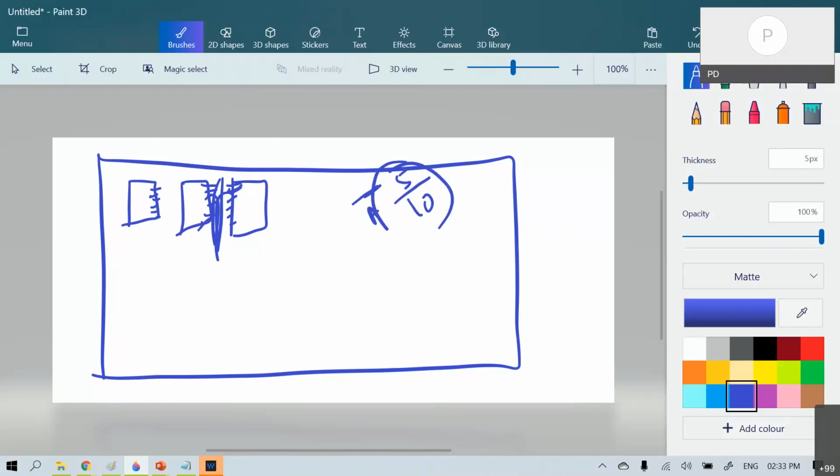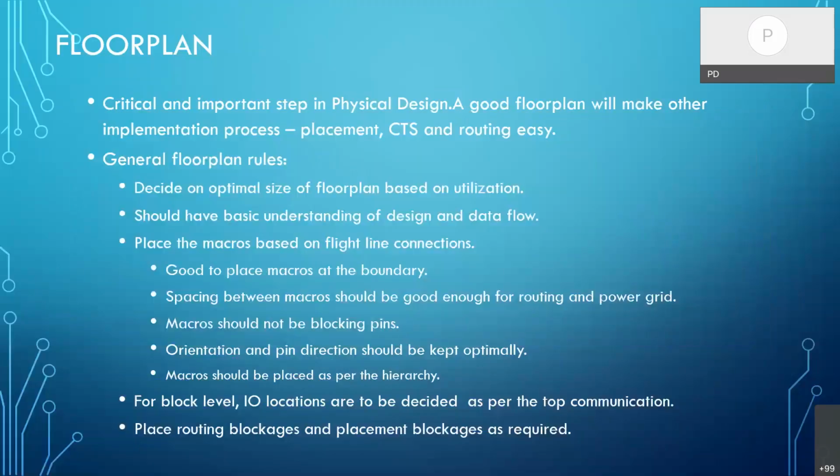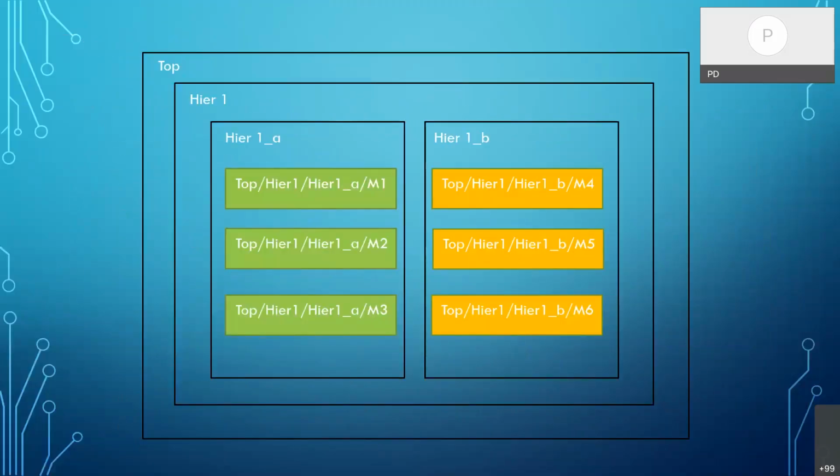Then one more point is that macros should be placed as per the hierarchy. Hierarchy in the sense that every design is written in a hierarchical model. The synthesis netlist itself will have a top block name, then could be the DFT wrapper.